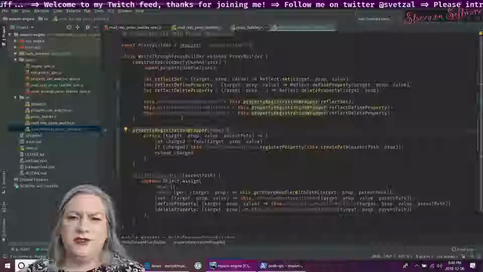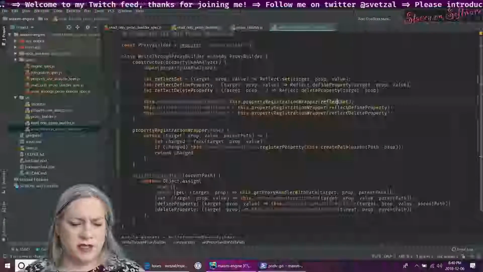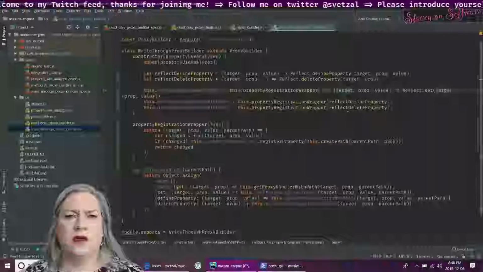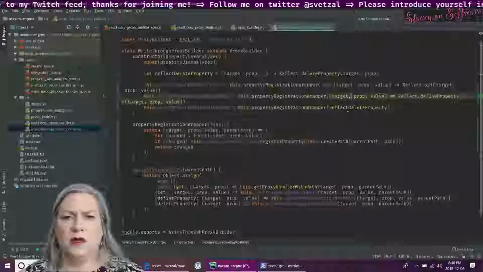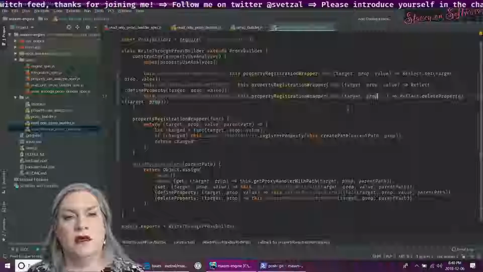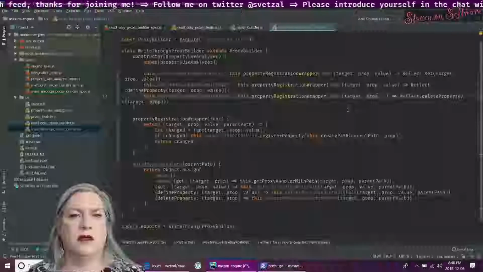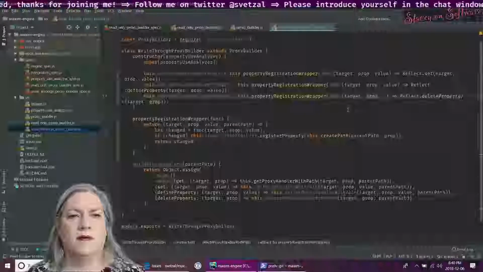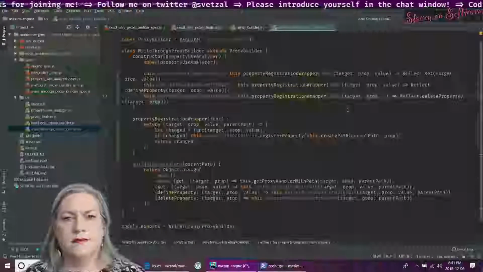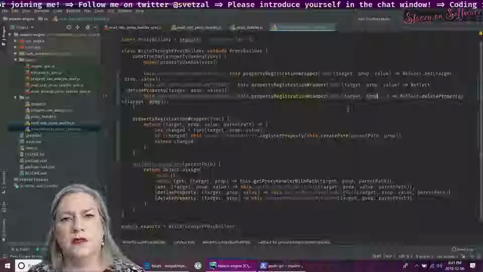And then these, I don't really need these variables anymore. What does it look like if I inline them? It's a bit of a long line, but not so terrible.